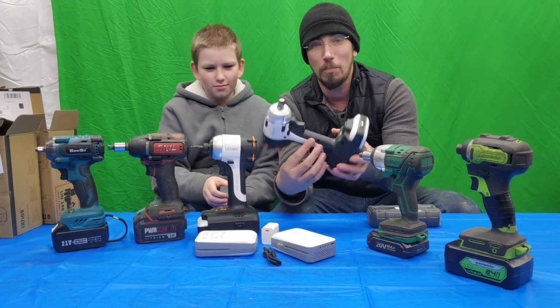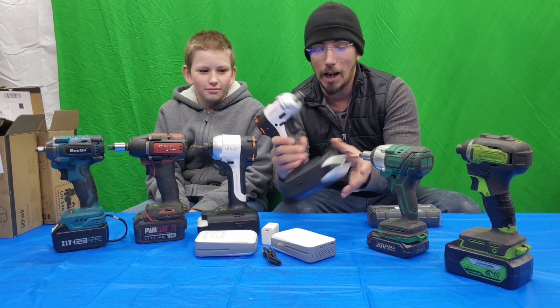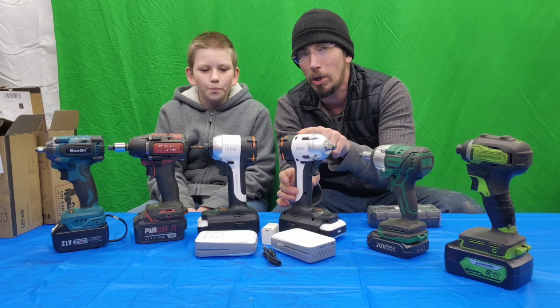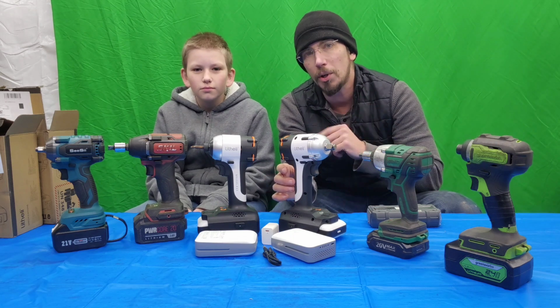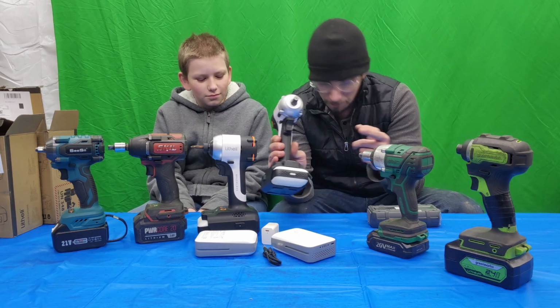It also, for some reason, has sharp edges right here that I think is just a casting defect, and that's the reason why I pointed out that I have noted this one is different than the one they're now selling on Amazon. So I am going to bet that probably one of the things they fixed...